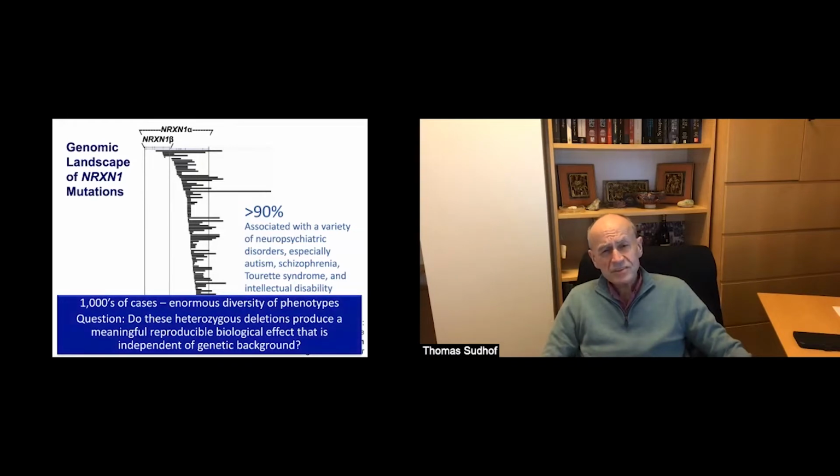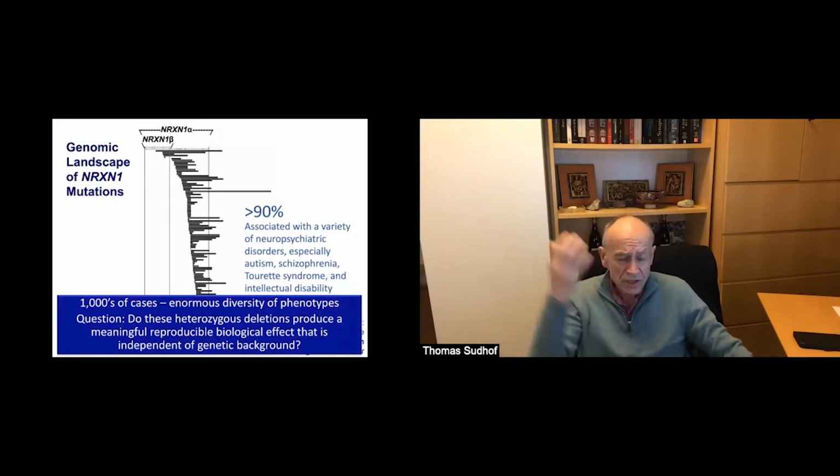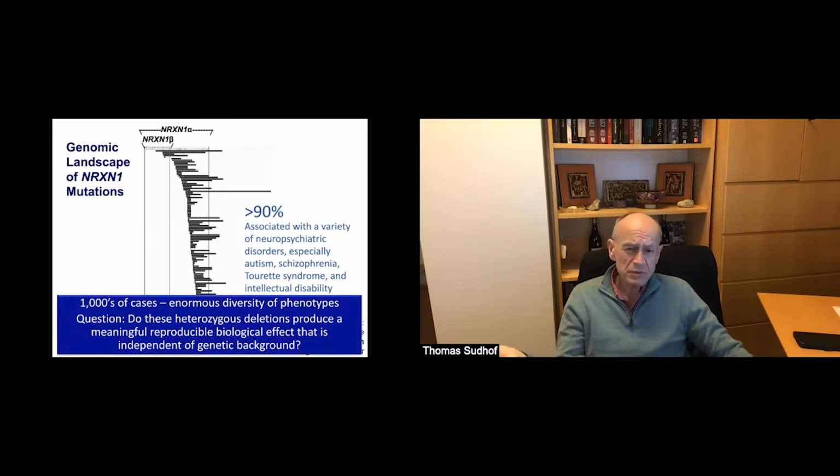As it happens, there's no correlation between the type of mutation, the deletion, the size of the deletion, the location of the deletion within the gene, and the disease. So what effects does this mutation have that it predisposes to disease, and why does it predispose to so many different diseases? To address this question, we took an approach that we developed over the years in my lab